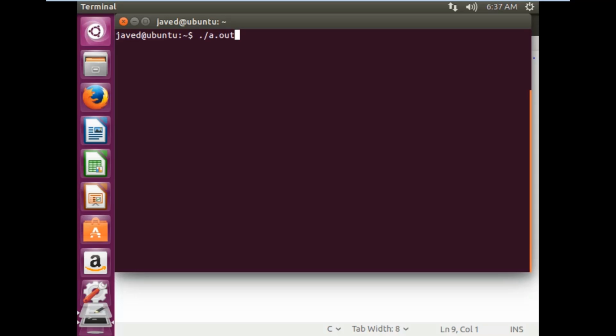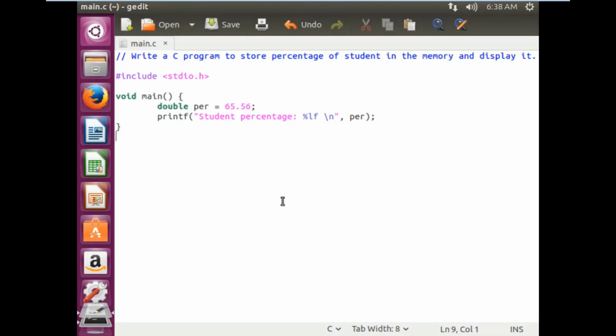compile it, and run it. Okay, so see, this is the output of the program which shows us the student percentage. Okay, now suppose